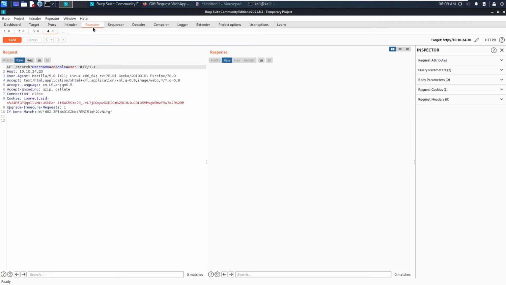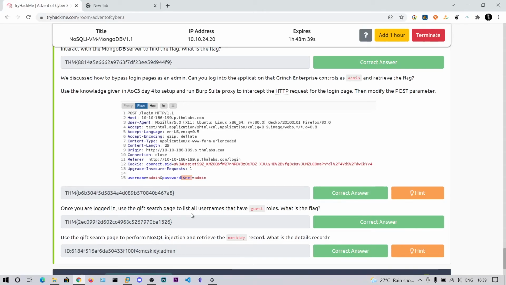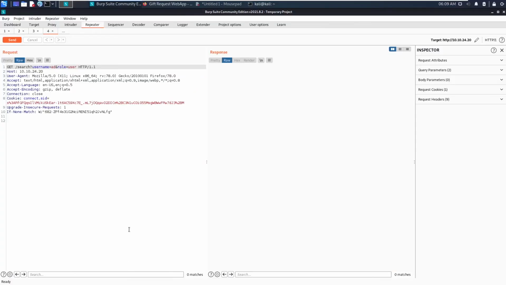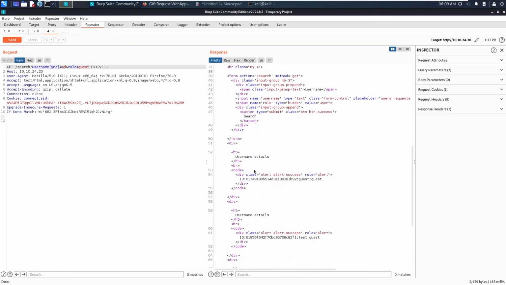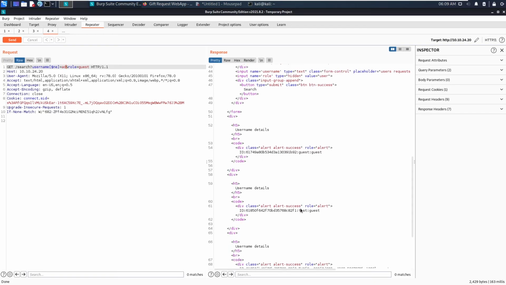The data is being sent in the parameters, and they are asking to list all the usernames that have guest roles. So I think you can say role equals guest and username not equal to something like AD, because AD does not exist, and if you send the request, you get the response of the guest user and test.